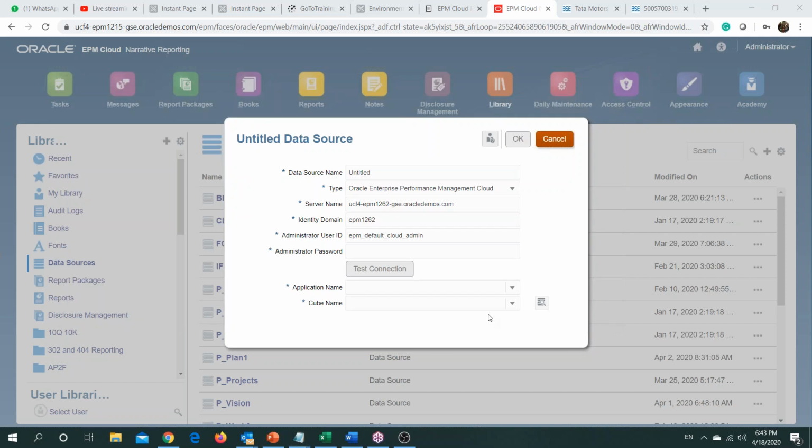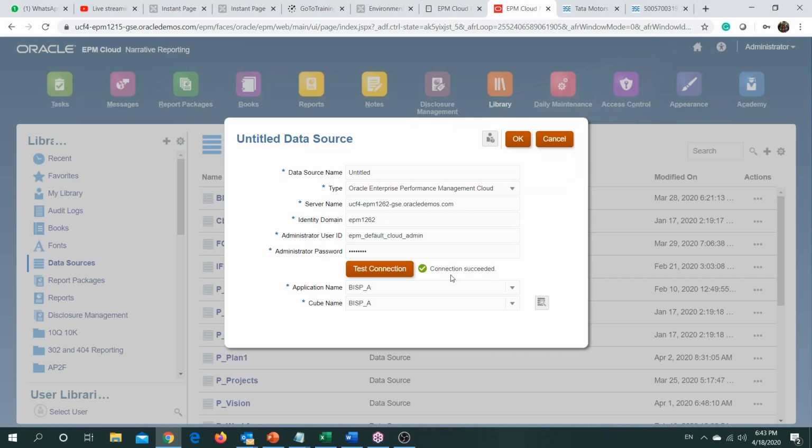Once you provide these four pieces of information, that is the server name, the identity domain, the user ID and password, the test connection icon populates. Once you click test connection, it will create a connection and provide your application name, and then you could select your cube accordingly.